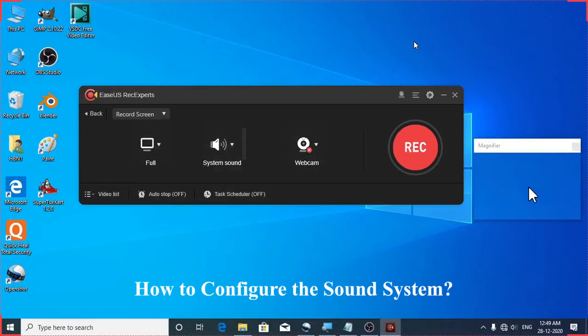Now let's move on to the next topic. Let's see how to configure the sound system.